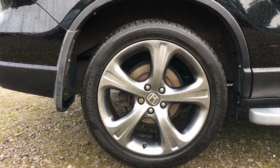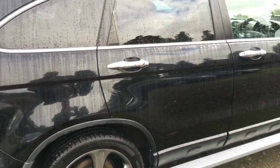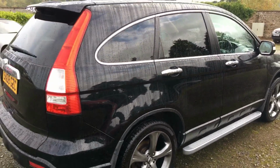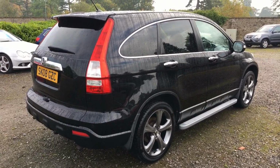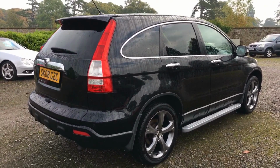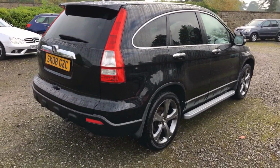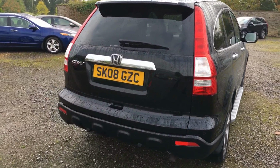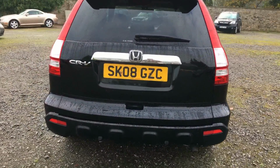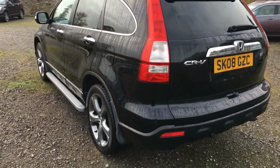Rear alloy, absolutely beautiful, and tyre has got tons and tons of tread on it. My favourite angle for these CR-Vs with the spoilers is that angle there, because it's such a good looking car. When they've got the spoiler and those bigger alloys and the side steps, it just transforms the look of the car. You can buy cheaper standard ones, but they're much harder to sell on. Exterior of the car, rear of the car, again, absolutely superb condition. Near side of the vehicle,